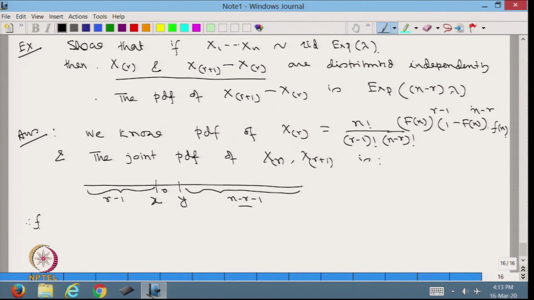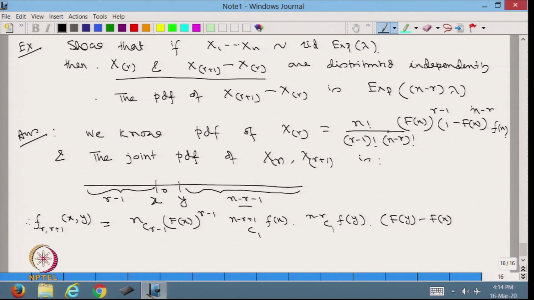Therefore, f_{r,r+1}(x,y) is equal to n C (r minus 1), F(x) to the power r minus 1, (n minus r plus 1) C 1 times f(x), (n minus r) C 1 times f(y), and (F(y) minus F(x)) whole to the power n minus r minus 1, is equal to, after simplification